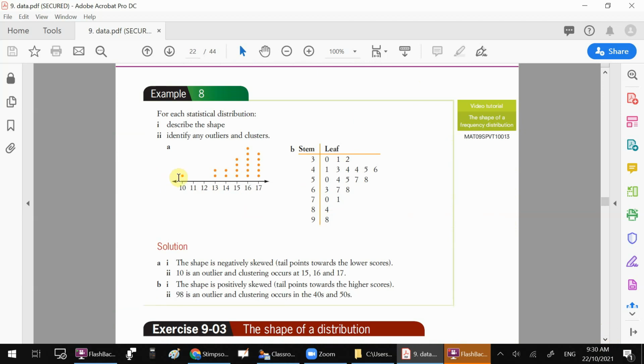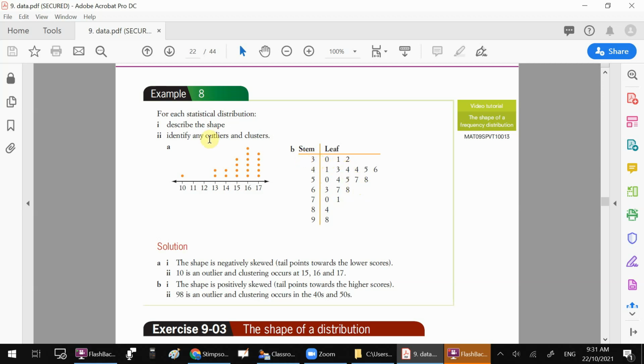And some examples here, we've got a question: describe the shape. So we're going to use those symmetrical, skewed or bimodal words. And then we'll have a look at these ones here. So shape. Now symmetrical, obviously not. There's the centre, and all the data is skewed to the right-hand end, which makes that a negative skew. So the shape of this one is a negative skew. There's no multiple high points, so definitely negative skew. This one, the mid point is about here, and the data is bunched on the lower end, so that's a